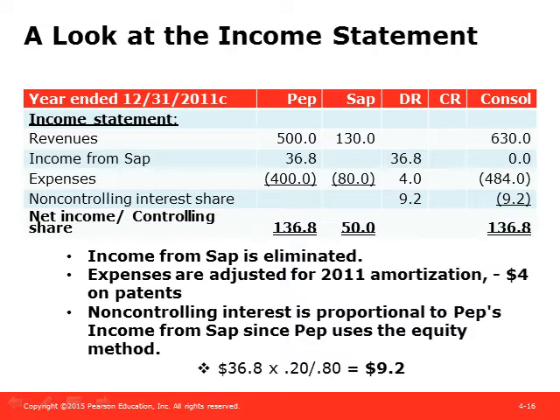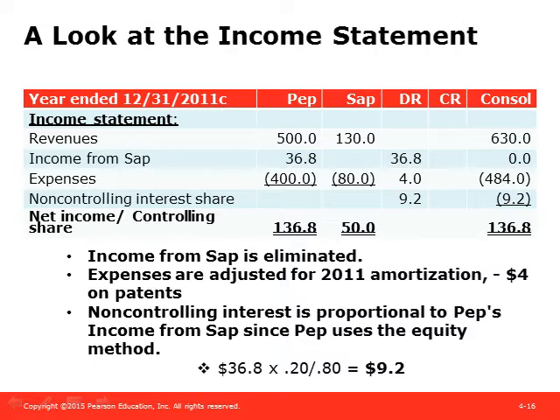And so just to recap, if we take a look at the income statement, we see that we have revenues. We were told that there were no intercompany transactions, buying and selling between the units, so we don't have to worry about eliminating any of that. We see on our next line that income from SAP is eliminated because we're counting that in the parent company consolidation, we don't want to double count it. We have expenses which are combined to match the combined revenue, so we don't understate expenses,